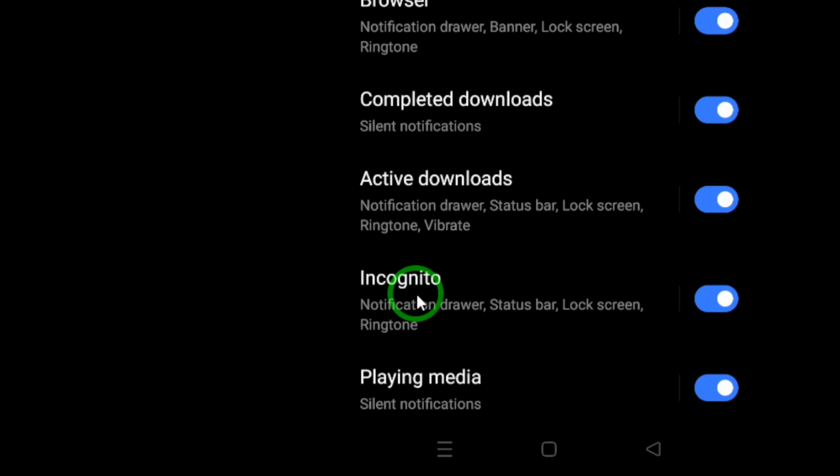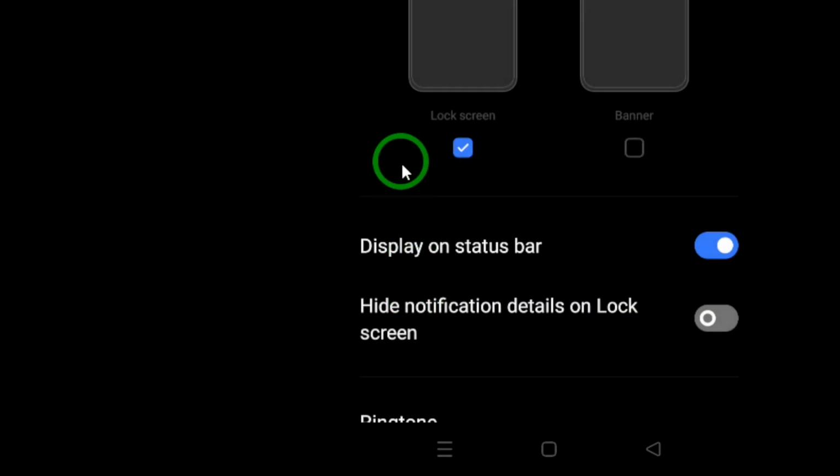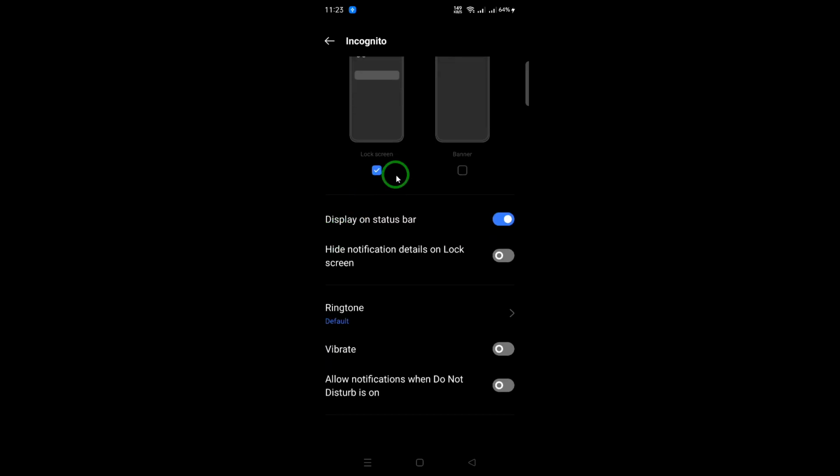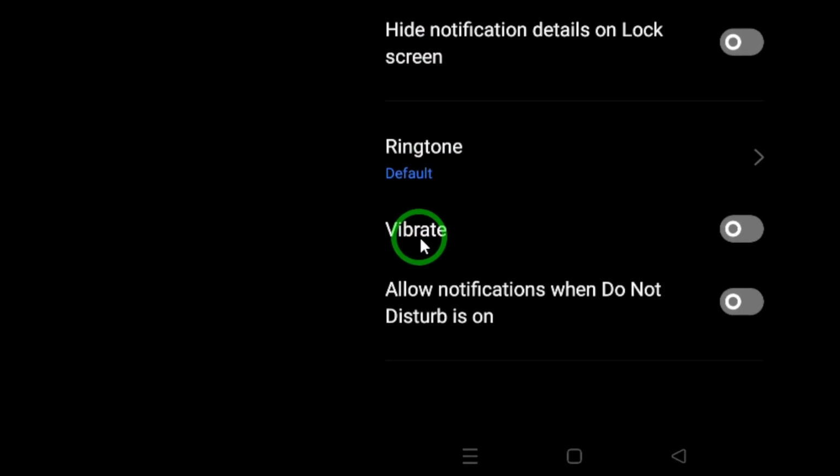Once in incognito mode, return to the notification settings. Here, you will see various notification preferences. Look for the option labeled Enable Vibration. This feature allows your device to vibrate when notifications are received while in incognito mode, providing a tactile response that